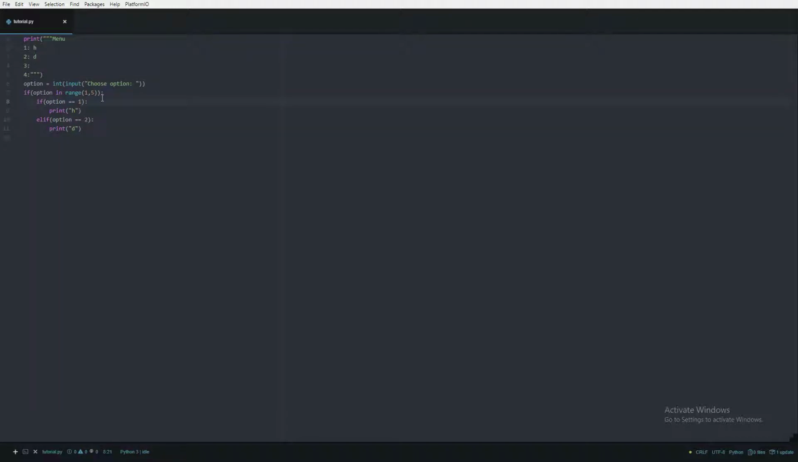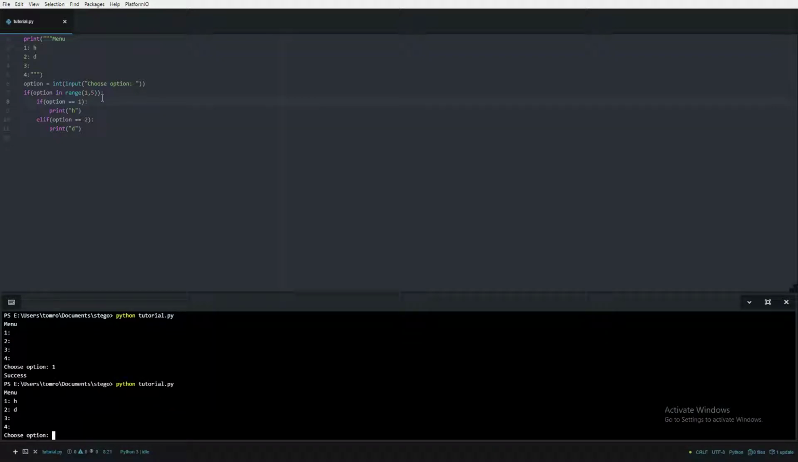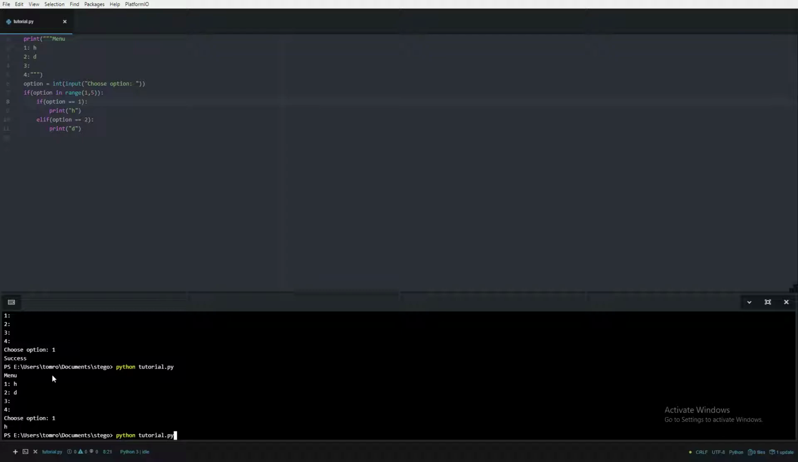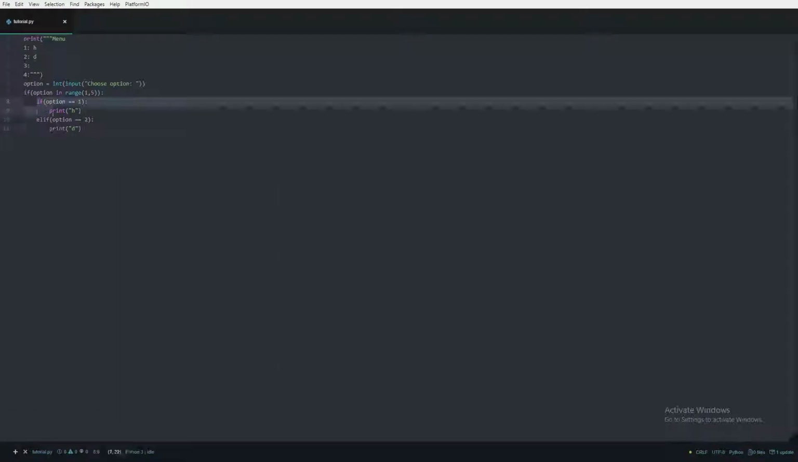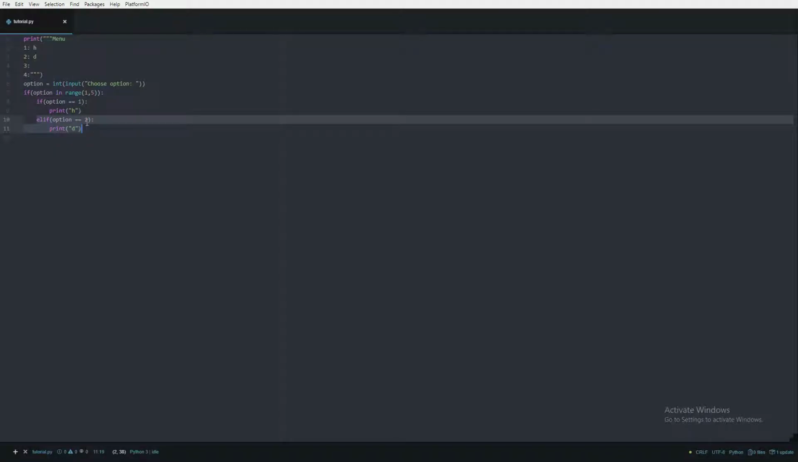So now if we were to run this, if we put in 1, we should get the output of H, and if we put in 2, we should get the output of D. And this is how you can operate a basic menu. You could just keep adding options here and just copy this and change the number and whatever it does in the middle. So for the time being, we're just going to comment these out,